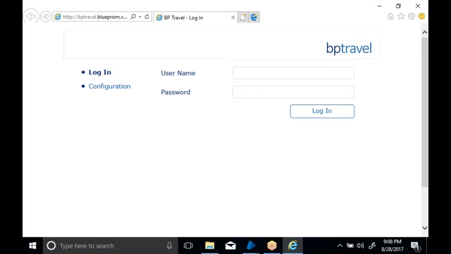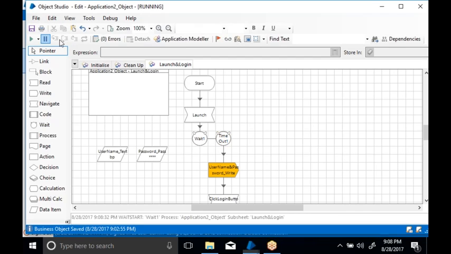Now it will wait 10 seconds. Once it has waited 10 seconds, it will go for the next action. Now if you want to see that together, the username and writing both things together,